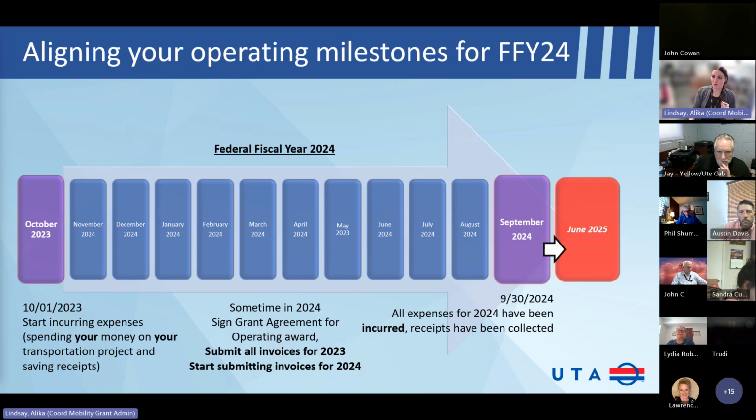As soon as they accept, we'll send out grant agreements. It's hard because I don't know how long they're going to take, but hopefully not longer than 2 months. I don't see why it would take them longer than 2 months. If it does, I'm going to be calling them every day: I need you to approve my grant. So I would like to have grant agreements signed in the fall.